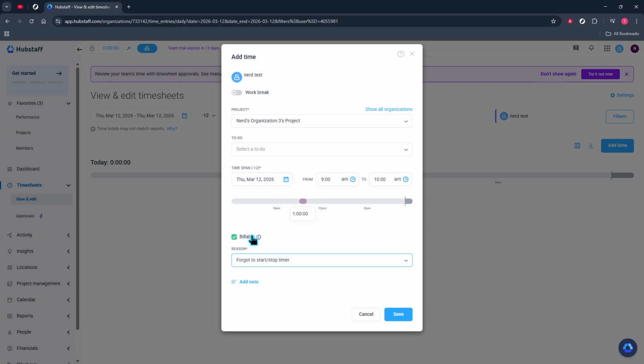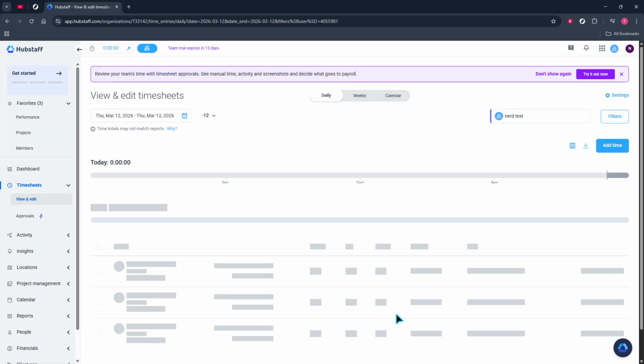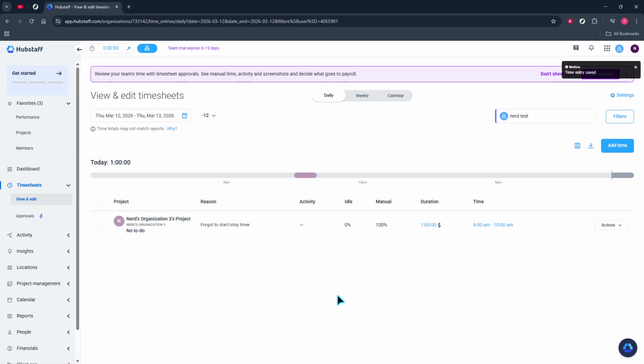When everything looks right, click Save. Your new entry will appear in your daily list and will be included in summaries and reports. If you spot a typo or wrong time later, you can open the entry and adjust it, subject to your organization's permissions. That's it, manual time added in Hubstaff